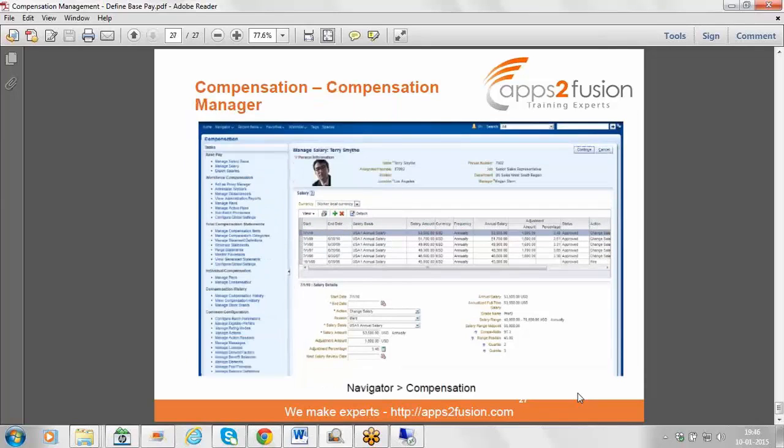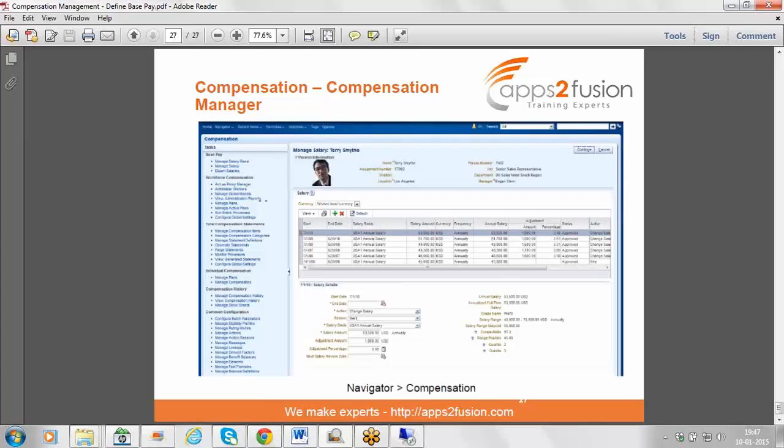Next, this is as a compensation manager. When you start using compensation as a module, it is not the Functional Setup Manager where you will be doing all the configuration for the plan. Normally you will come to this page. In the navigator toolbar, you will have a link for compensation, and you will directly come into this page. Here you will have manage salary basis. The configuration which you did, the compensation manager can directly do on this page.